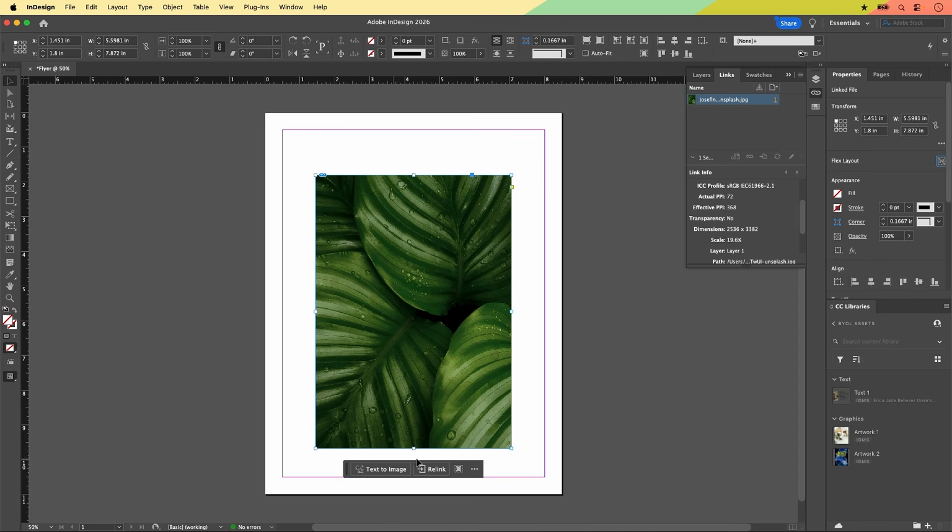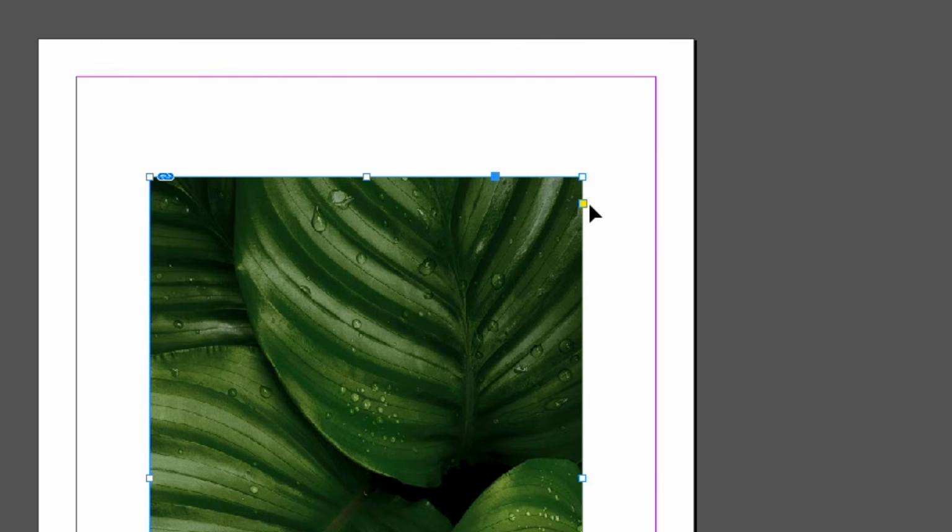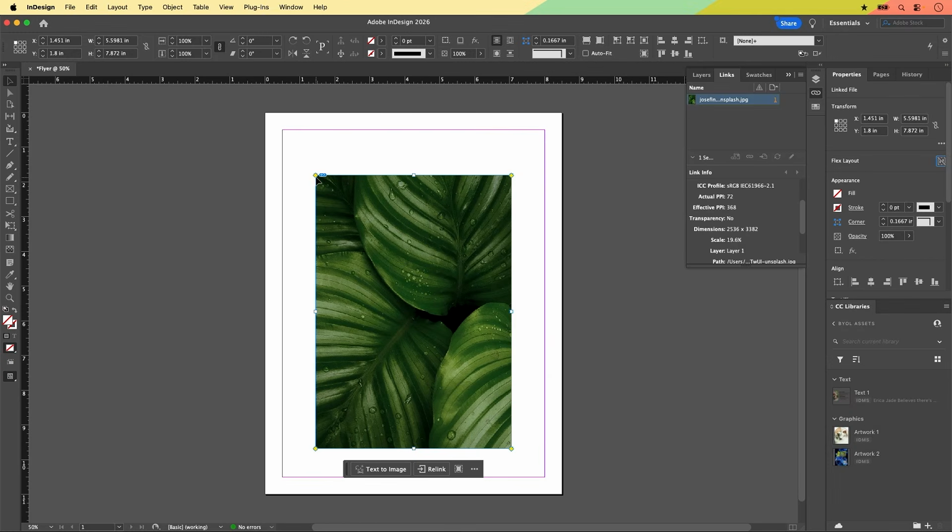But one of the things that's really cool in InDesign is that we can also change the corners, and we can change them all, or we can change them one at a time and individually. And the way we do that is by clicking this little yellow square right here. So I'm just going to click once and you'll see now we've got 4 little yellow diamonds. So they look like this on each corner. And if we grab any one of those 4 yellow diamonds and we drag in, we get rounded corners,